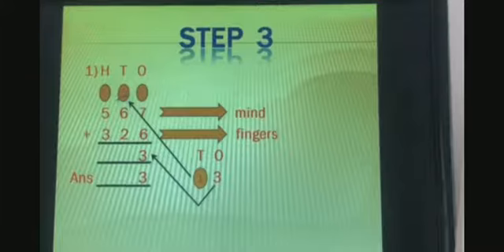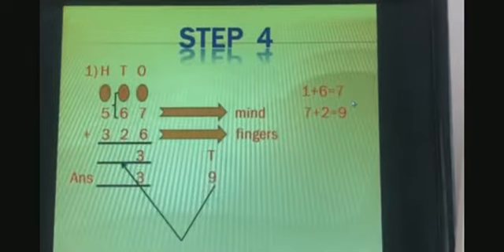Now at the tens place we have 3 numbers: 1, 6 and 2. Now we will start solving the tens place by keeping 1 in our mind and opening 6 fingers. When we count 6 fingers after 1, we will get the answer 7. Now again we will keep 7 in our mind and the 2 which is left, we will open fingers for it. We will add 2 fingers after 7 and we will get the answer 9 here. So we will write this 9 in the tens place answer like this.